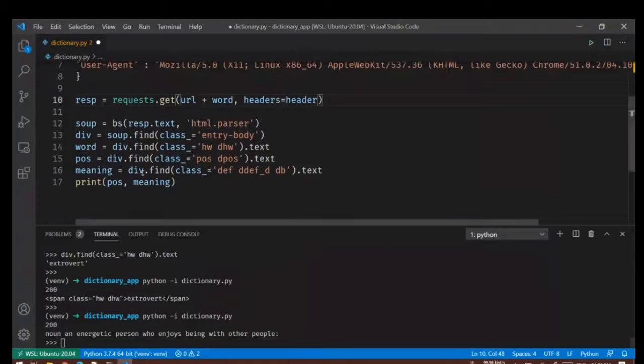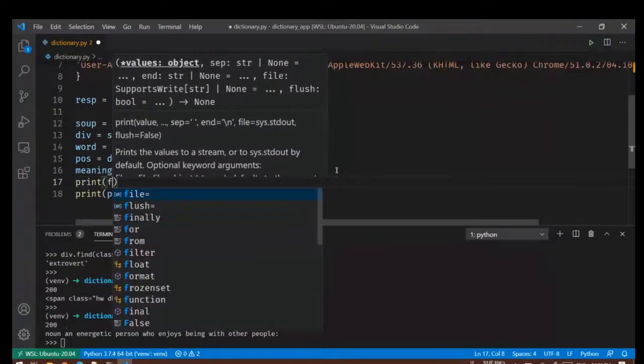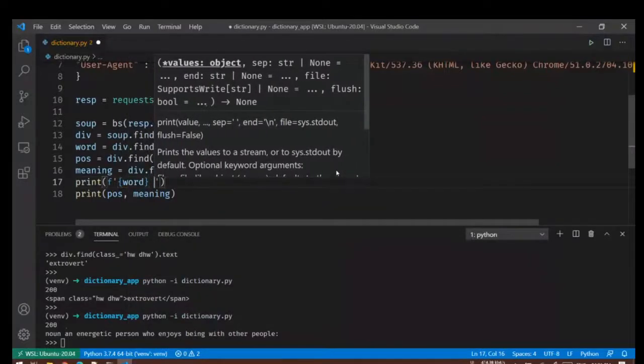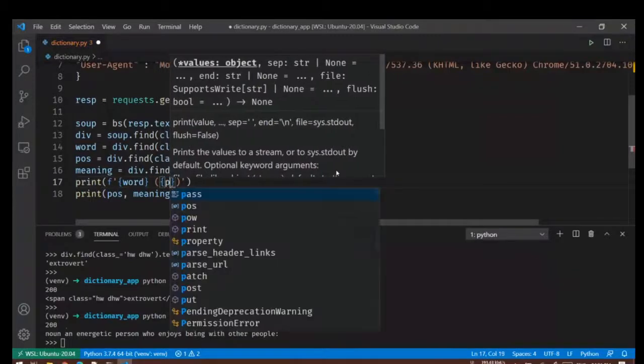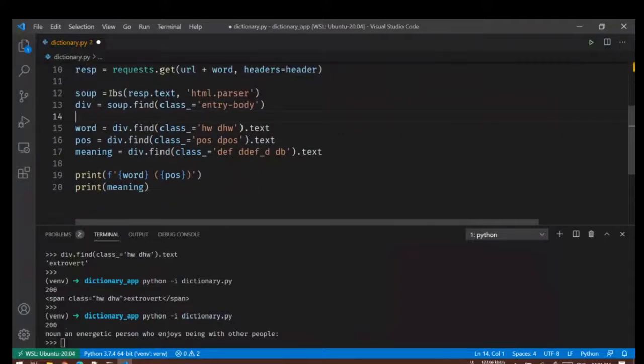So let's print word comma, use f string so that you can identify the word. So we'll basically create a soup object, extract that div that we are interested in, and then from that div I'll extract word, part of speech, and the meaning, and then I'll print it.